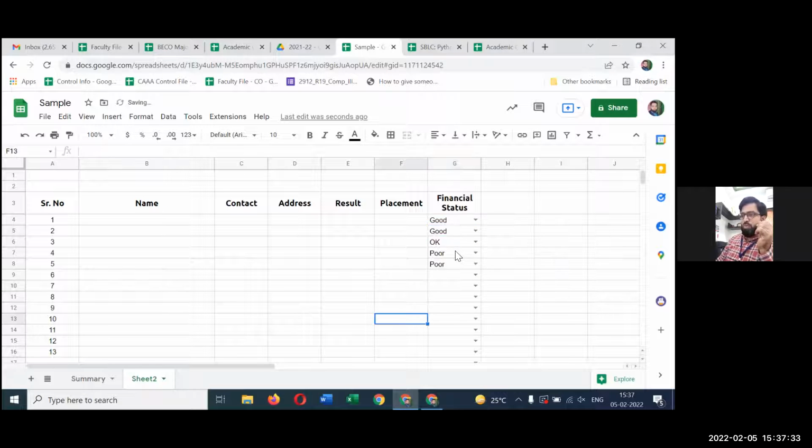Done. So now my data is clean. I repeat, now my data is clean. The benefit of data cleaning is that your data consistency is maintained. And in future, if you want to play with your data, if you want to do any kind of analysis, then it becomes quite easy to analyze your data.